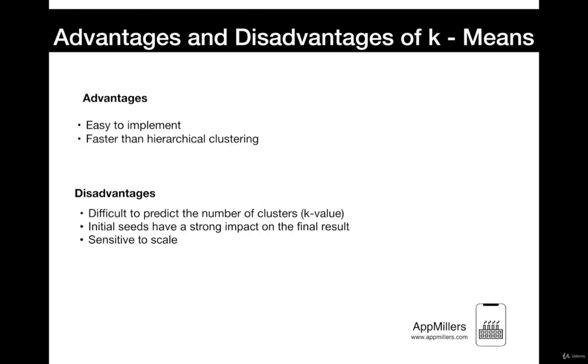There are many advantages and disadvantages of K-means. Advantages of the K-means algorithm: it's easy to implement, and with a large number of variables, K-means may be computationally faster than hierarchical clustering. Disadvantages of the K-means algorithm: it is difficult to predict the number of clusters, the K-value. Initial seeds have a strong impact on the final result. And the order of the data has an impact on the final result. And it is sensitive to scale. Rescaling your datasets will completely change